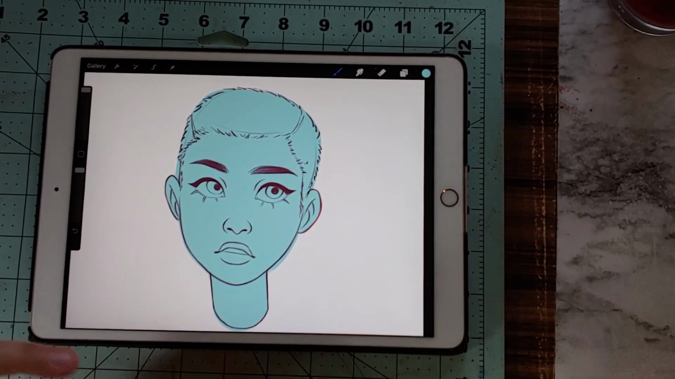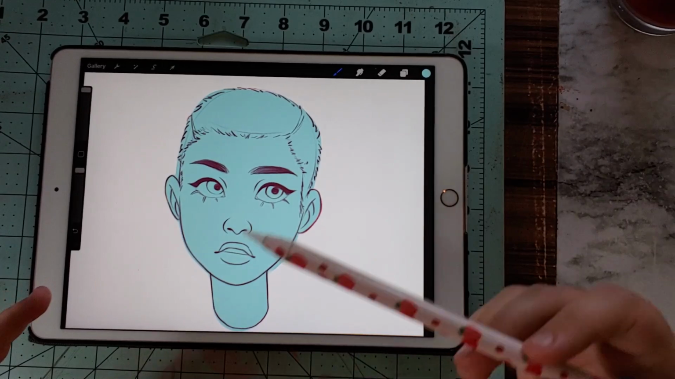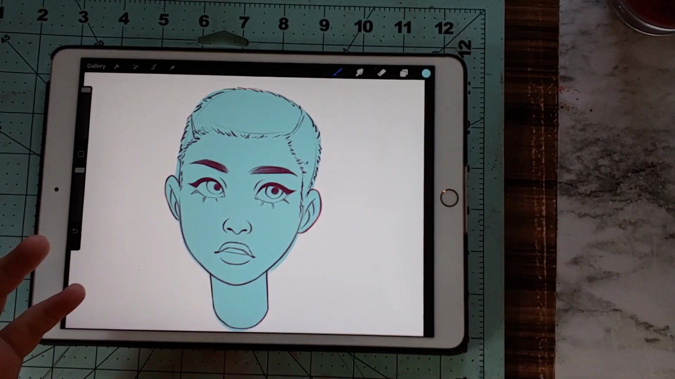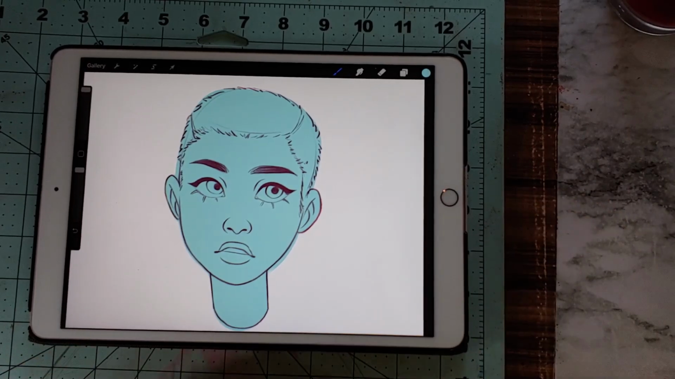because one advantage of working digitally is that you don't have to worry about building up colors as you would with traditional art. And so what I mean by that is, like, if you were working with, say, Copics, for example,